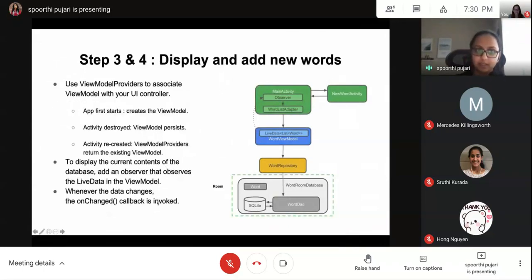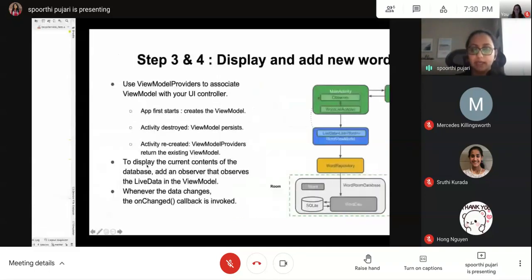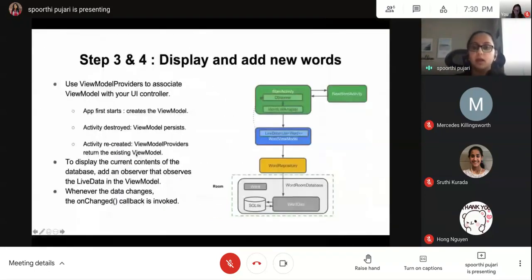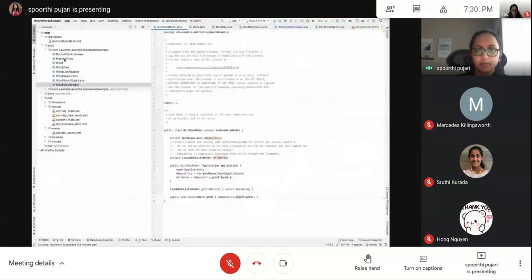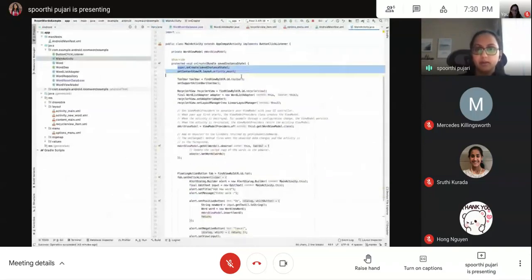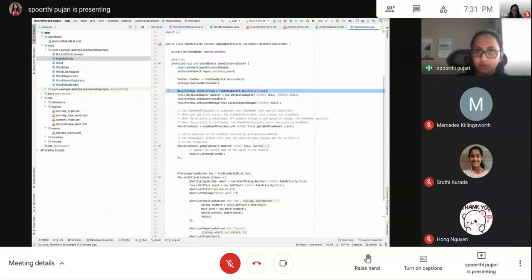The fun part, let's create the UI. Like I said, in the UI we are going to be creating a list which will display all the words and then one add button which we can use to add words. So let's look at this activity class, main activity, which has the UI. Here I have all the usual code, toolbar and all that. And now we come to the meat of it, which is our recycler view, which is going to be the list which is going to show all our words.